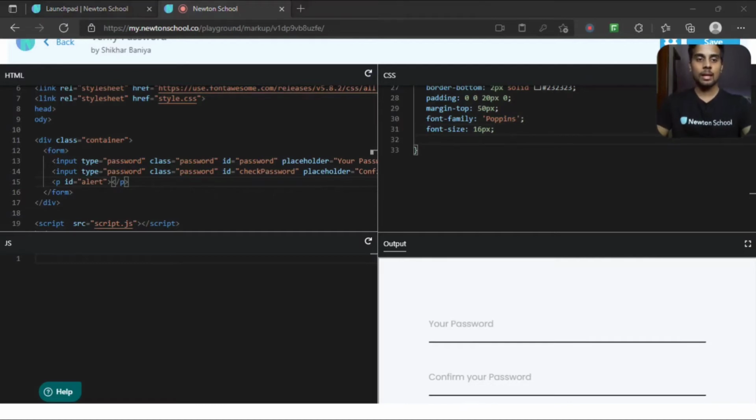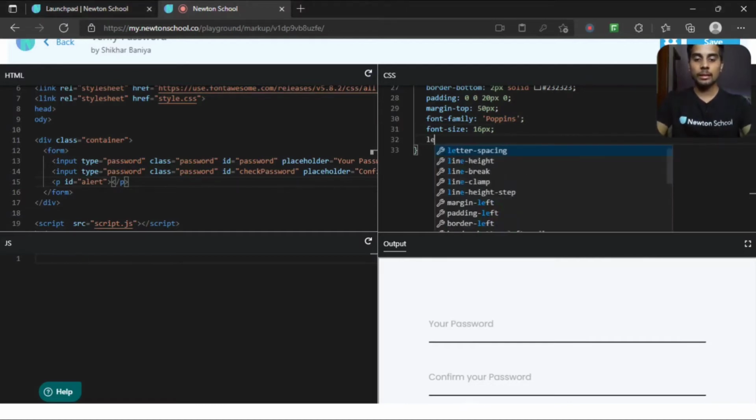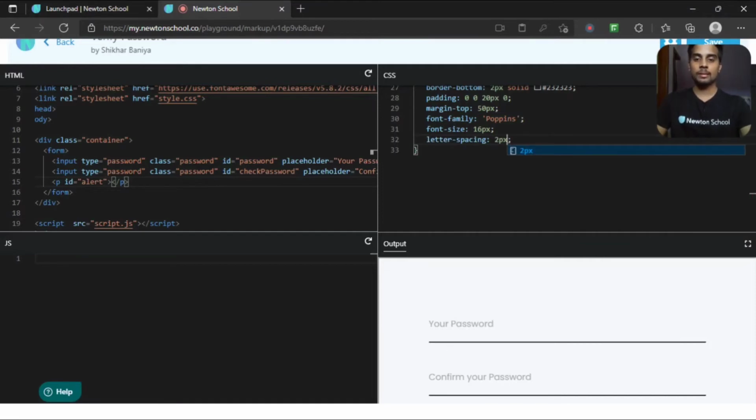Next, I want a letter spacing of 2 pixels, so it will increase a 2 pixel spacing between the letters of your placeholders or the font. Also let's change the color as hash 232323. So whenever I write something here, that's the color you see.